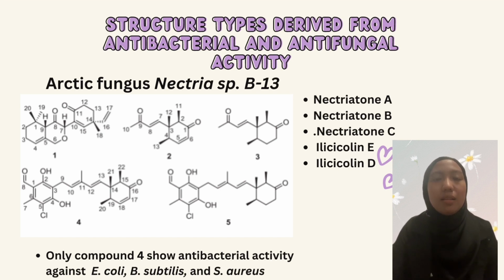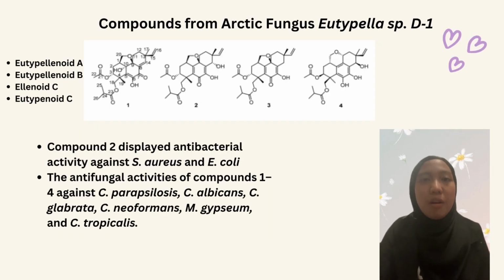Structure types derived from antibacterial and antifungal activity. Arctic fungus Nectria species B13. This is the compound from the fungus Nectria species B13, and compound 4 shows antibacterial activity against E. coli, B. subtilis, and S. aureus. Next is the compound from Arctic fungus Ethiopia species D1, and compound 2 displays antibacterial activity against S. aureus and E. coli. The antifungal activity of compounds 1 to 4 is against C. parapsilosis, C. albicans,